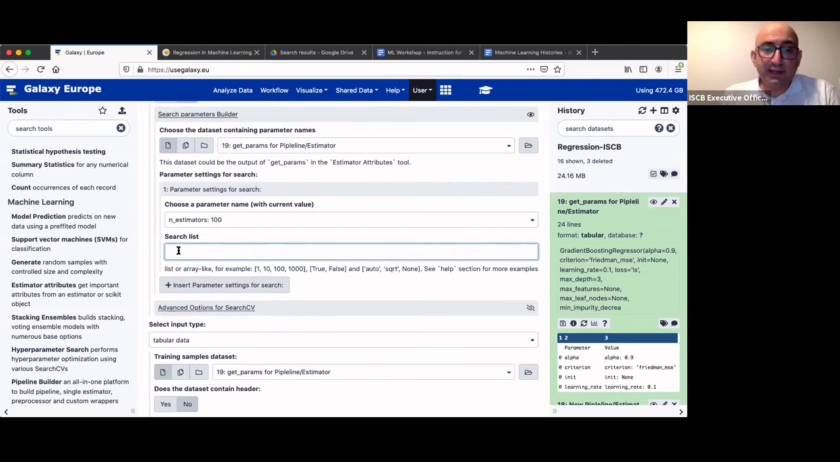This list means among 25, 50, 75, 100, and 200 decision trees or estimators, find the best one for me. In grid search, it will search these possible values for the parameter and find the best one, and